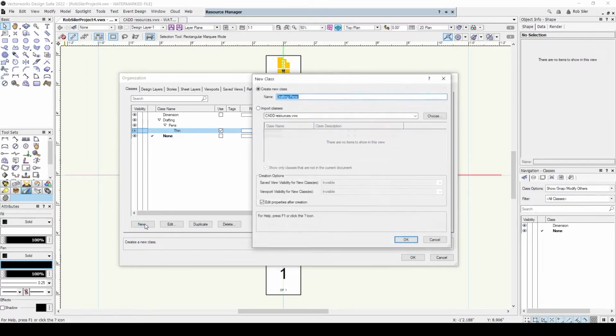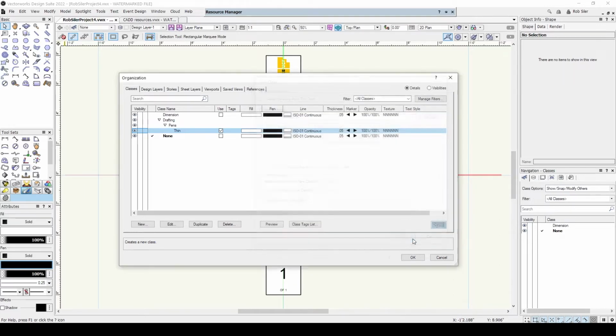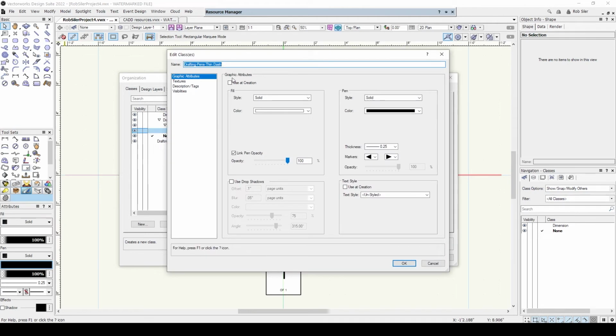So we're going to say New. And you can see that it automatically prompted those 2 folders, drop-down menus worth of classes, so we can just start typing in our new one. We're going to say Thin dash. Say OK. Use at creation again. Solid fill and white color. But our pen, we want to go ahead and